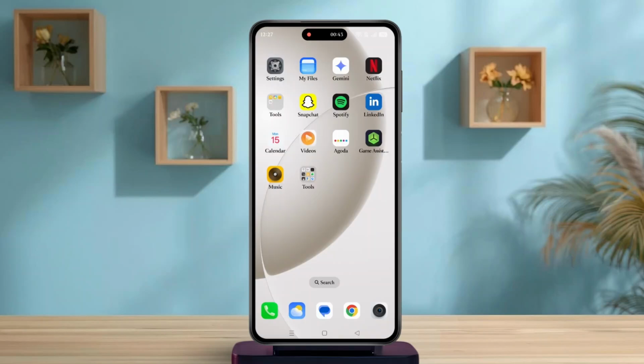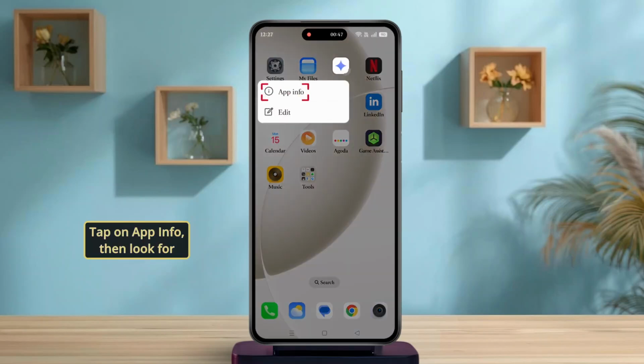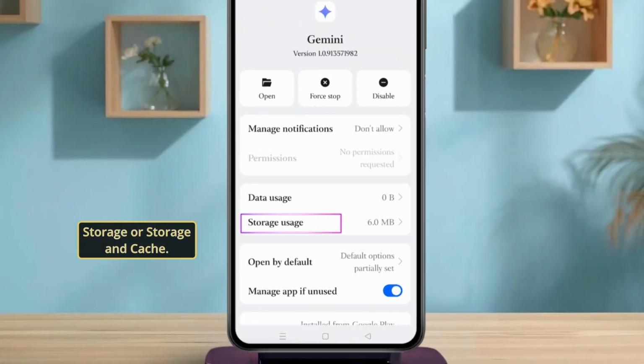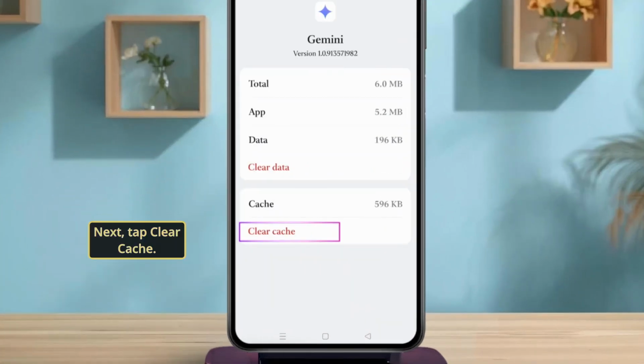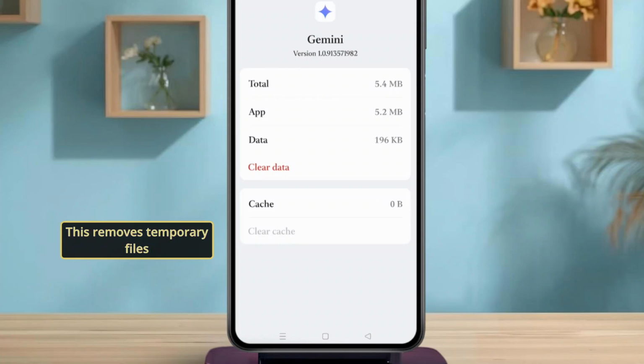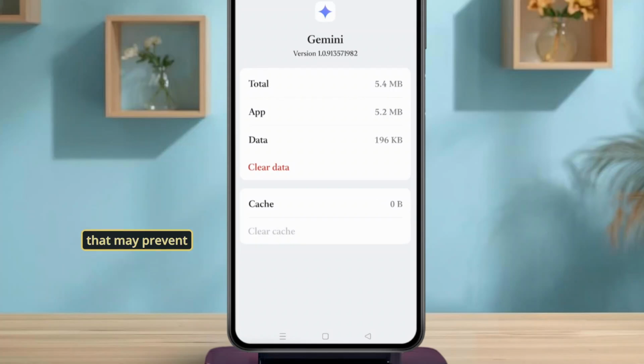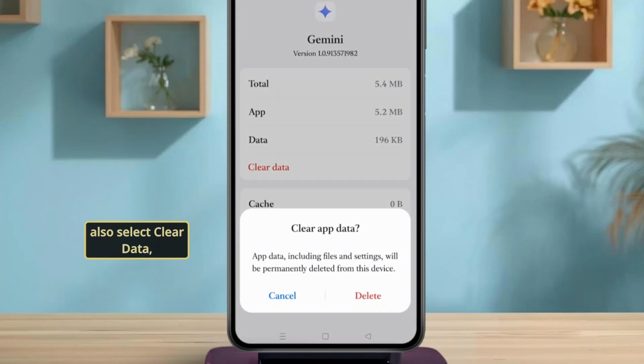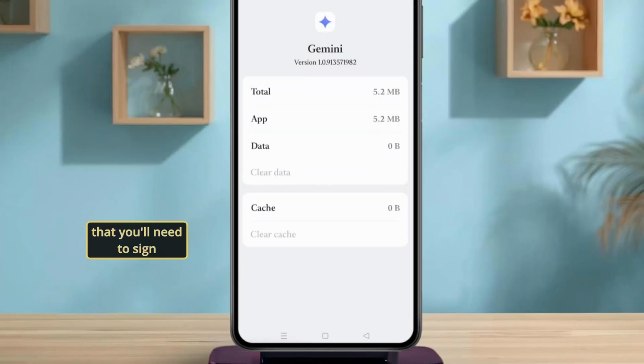Return to your home screen and press and hold the Gemini app icon. Tap on App Info, then look for Storage or Storage and Cache. Next, tap Clear Cache. This removes temporary files that may prevent Gemini Live from appearing. If the issue continues, you can also select Clear Data, but keep in mind that you'll need to sign into